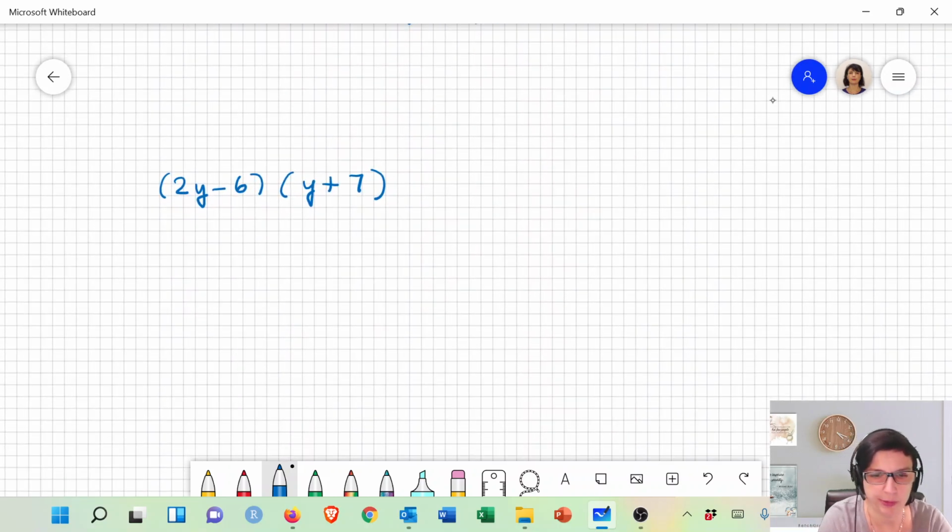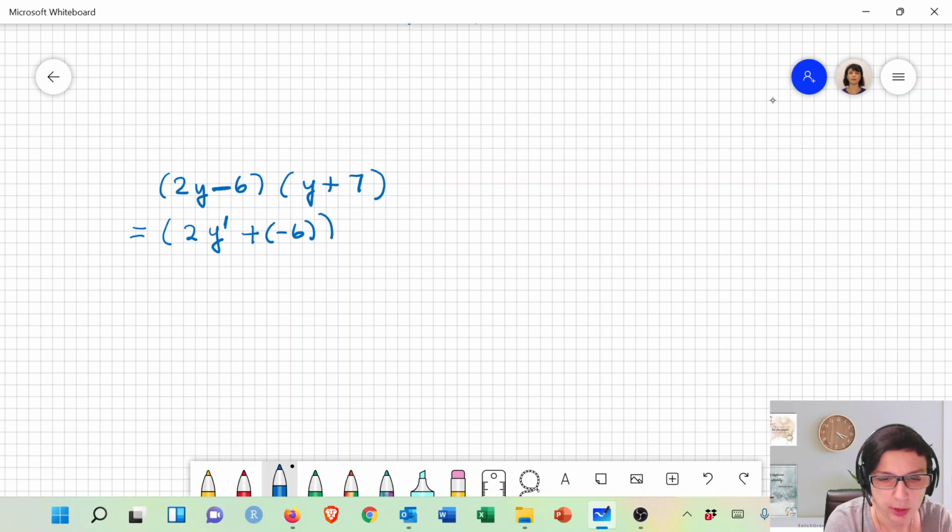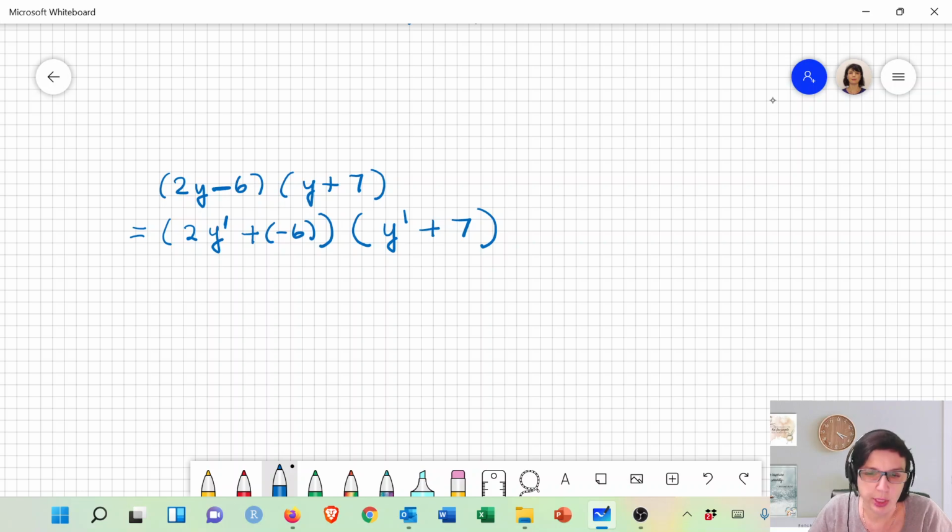Let's take a look at this one. Now, this one I am gonna rewrite first before I do anything else. First of all, if it's just the variable with no power, I'm gonna stick the power 1 in there. And if I see a subtraction, I'm gonna add a negative. Then I'm multiplying that by y to the power 1. Again, there's no power, so I put power 1. This one was addition, so I don't have to do anything there. And so I just add plus 7.